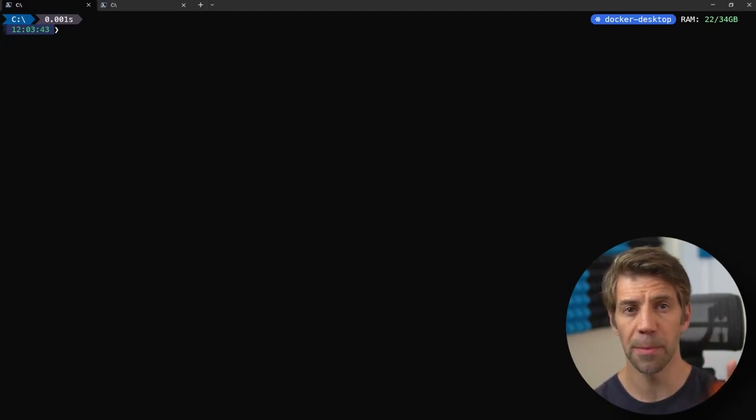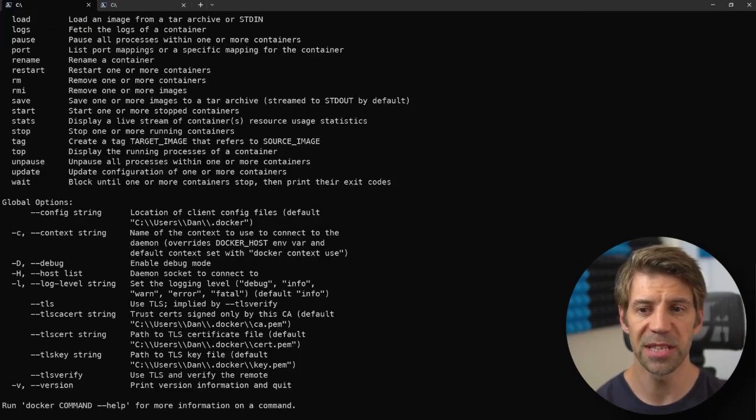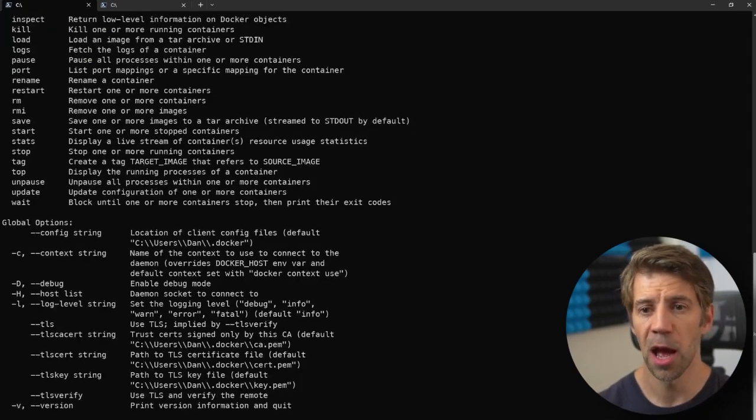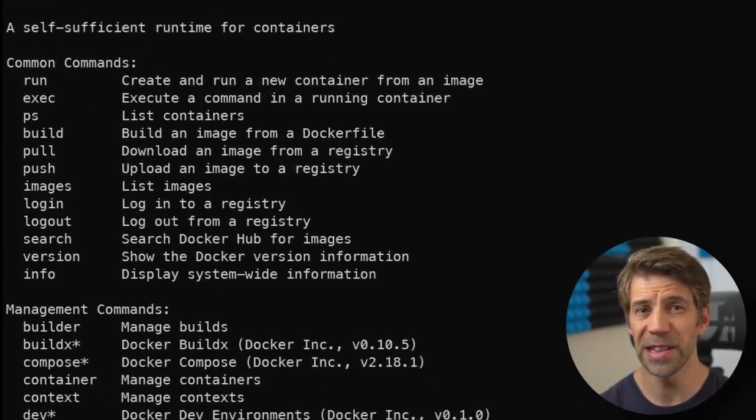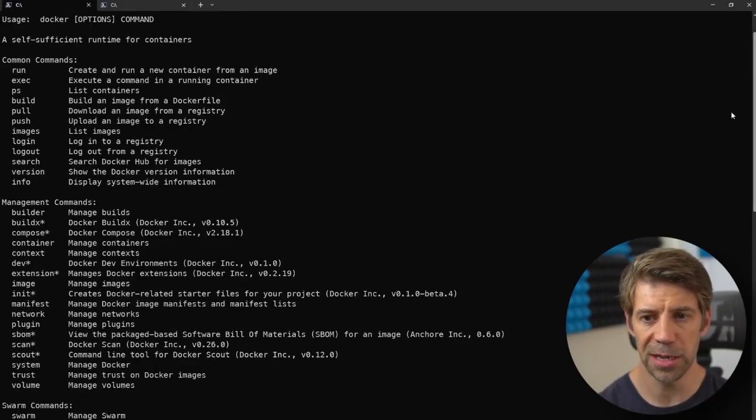There's pretty much one command we need to deal with, and that is docker. So if we run this, then we get a whole bunch of help output. And scrolling up to the top, conveniently enough, they've listed the common commands at the top, which is quite nice. Scrolling down this list,